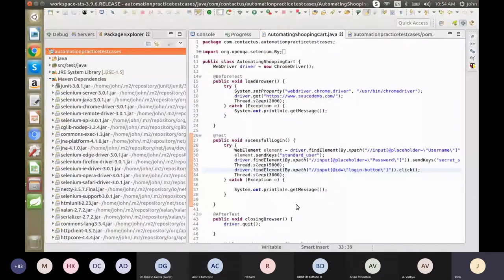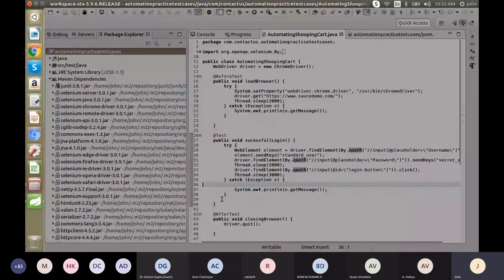So this is a separate test, right? Add to cart is a separate test scenario. Okay, so we can create another test and then we will write our scenario. We can create another method. So enter.